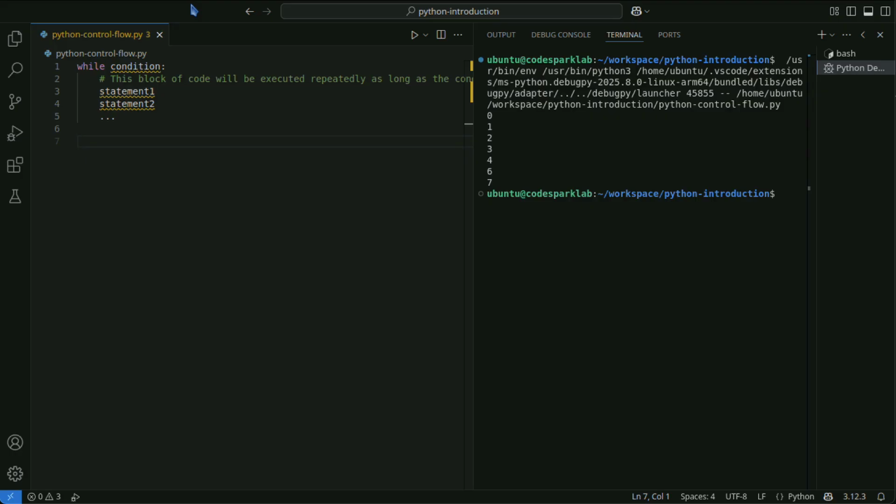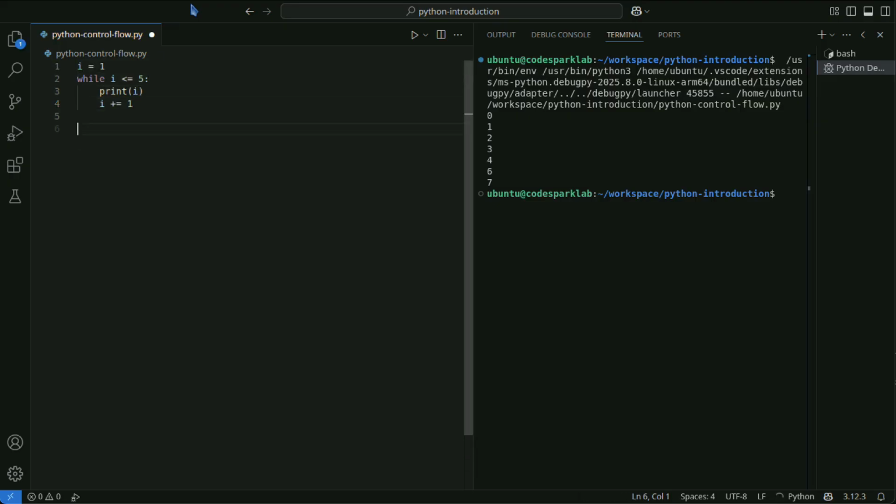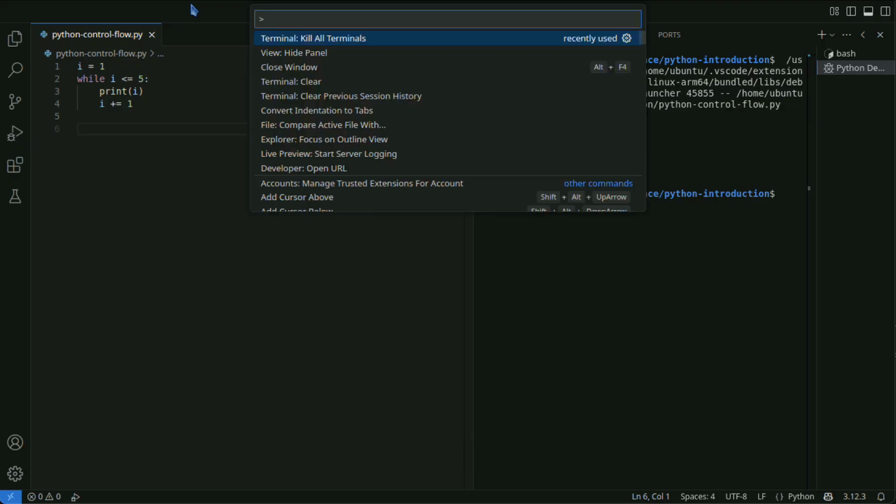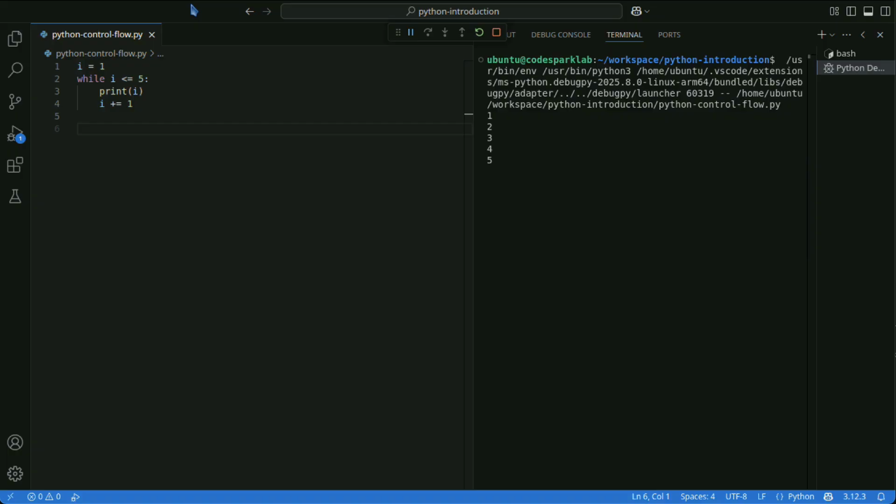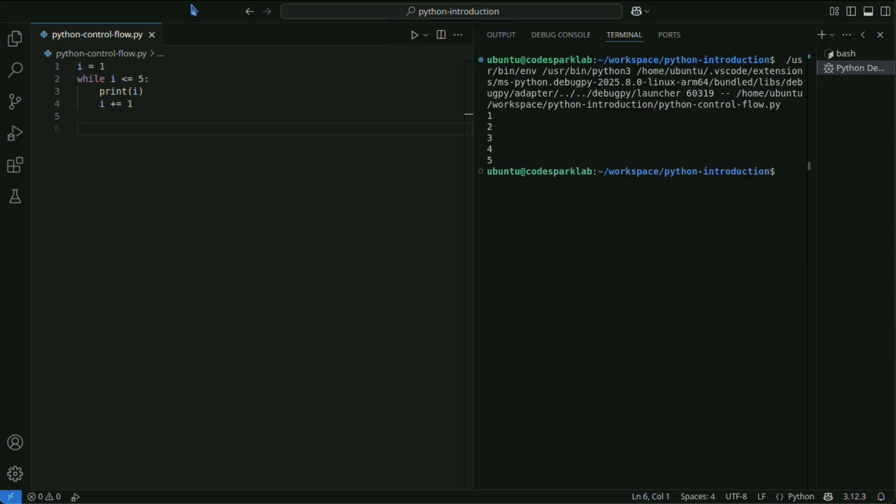In the following example, a while loop is used to output the numbers from 1 to 5. This code works as follows. Start with i as 1, print i while it is less than or equal to 5, and increment i by 1 each time.